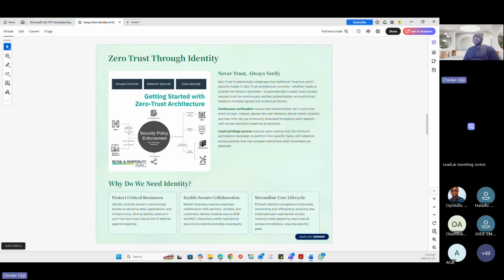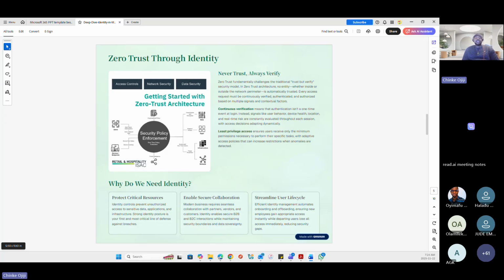So within Entra, when we say the zero trust architecture, we're talking about never trust, always verify. And it is not just always verify, it's continuous verification. That is the philosophy of zero trust. You don't inherently trust any request. Even inside your network, identity is crucial because that's the basis of making access decisions.